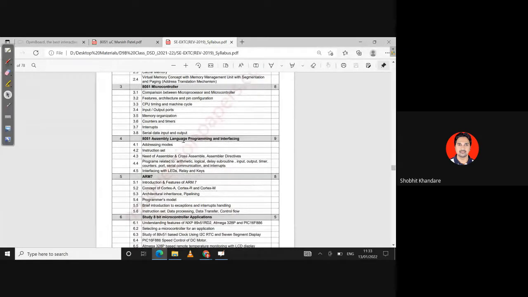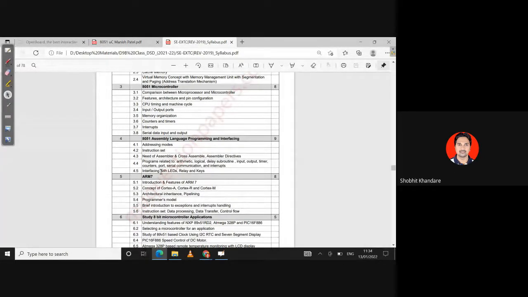इन फोर्थ मॉड्यूल 8051 असेंबली लैंग्वेज प्रोग्रामिंग, तो हम देखेंगे कि एड्रेसिंग मोड्स क्या होता है, इंस्ट्रक्शन सेट्स क्या होते हैं, देन असेंबलर, क्रॉस असेंबलर, असेंबलर डायरेक्टिव्स, ये चीजें क्या होती है। ओके, तो हम और कुछ प्रोग्राम्स लिखेंगे जहाँ पे हम देखेंगे अर्थमेटिक ऑपरेशंस को कैसा करते हैं, लॉजिकल ऑपरेशंस कैसे करते हैं, हमको डिले सब रूटीन को कैसा करना पड़ता है, इनपुट और आउटपुट को हम अगर इंटरफेस कर रहे हैं तो उनको प्रोग्राम कैसे करना पड़ता है, टाइमर, काउंटर, पोर्ट, सीरियल कम्युनिकेशन एंड इंटरप्ट्स। ओके, ये सब इंटरफेस करने को हाउ डू यू राइट डाउन द प्रोग्राम, वी हैव टू अंडरस्टैंड इन 4.4।